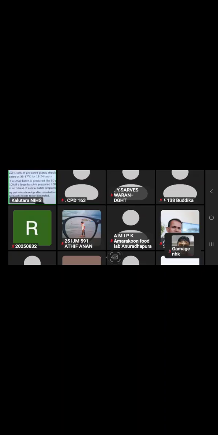The most important thing is the next one, the sterility test. What do you mean by sterility test? Once you prepare your culture media, these culture media should be sterile. Otherwise, what will happen? You have to make sure that your prepared batch of culture media is sterile before you introduce the clinical specimen onto it. This test is known as the sterility test.